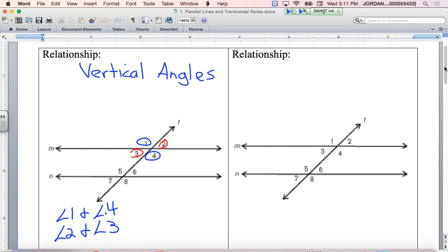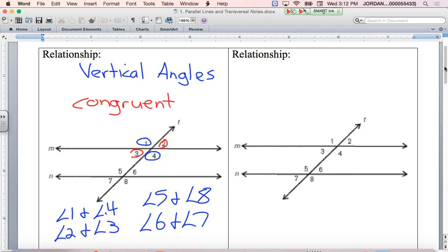Right, then at the bottom intersection, angle 5 and angle 8 are vertical angles, and angle 6 and angle 7 are vertical angles. Now what's important to understand about vertical angles is that vertical angles are congruent. Remember, that means that they are the same value. So whatever angle 2 is, that's also the value of angle 3. Whatever angle 1 is, is the value of angle 4. So that's always true for any vertical angles. All right, next we'll talk about